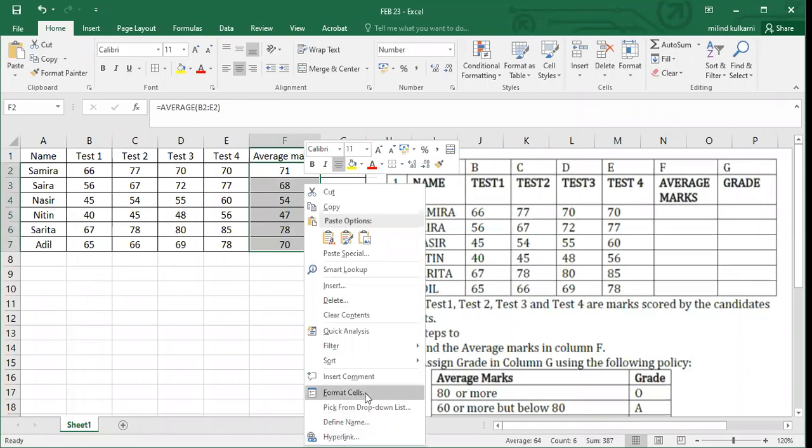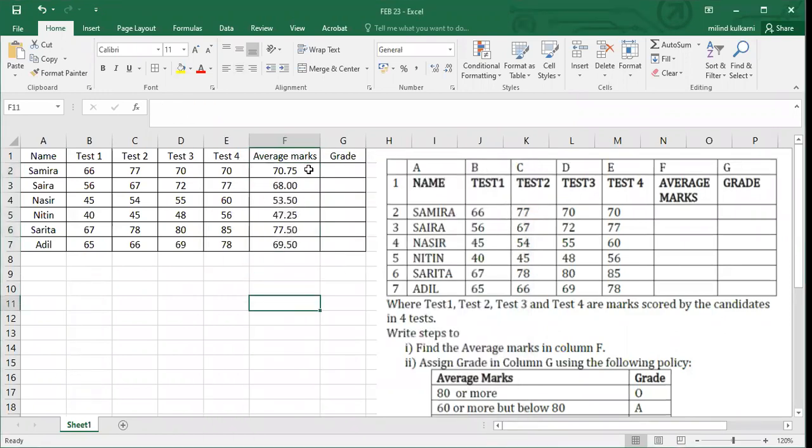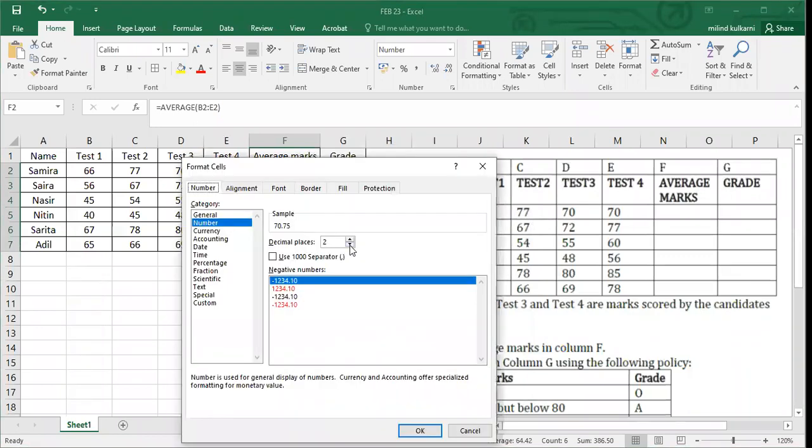If you want a float number, again select all and right click, then option number 4 from the bottom, that is Format Cells. If you want a number with 2 decimal points, select category number 2, Number, and instead of 0, make it 2. Click on OK. You will get data with 2 digits after the decimal point. This is an example of a float number. But if you want an integer, go to Format Cells, Number, and make it 0.